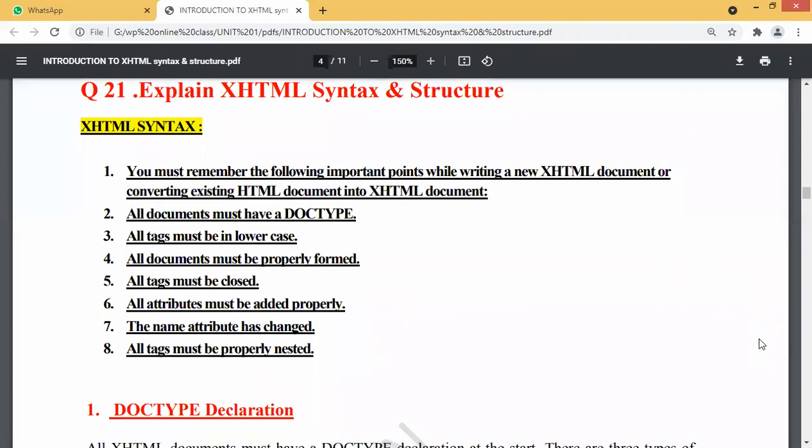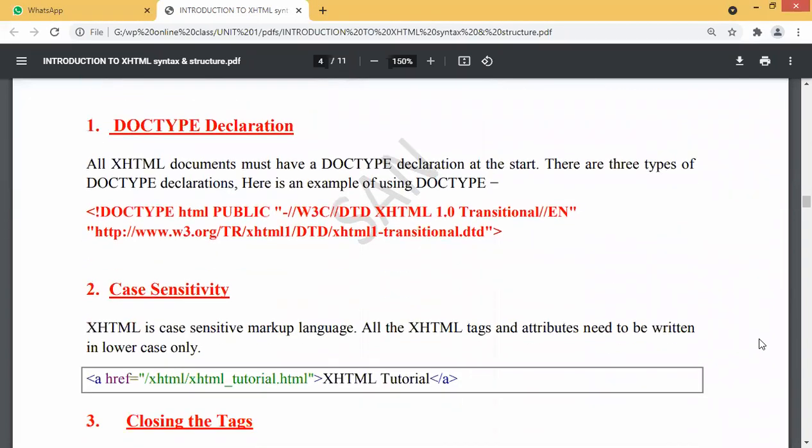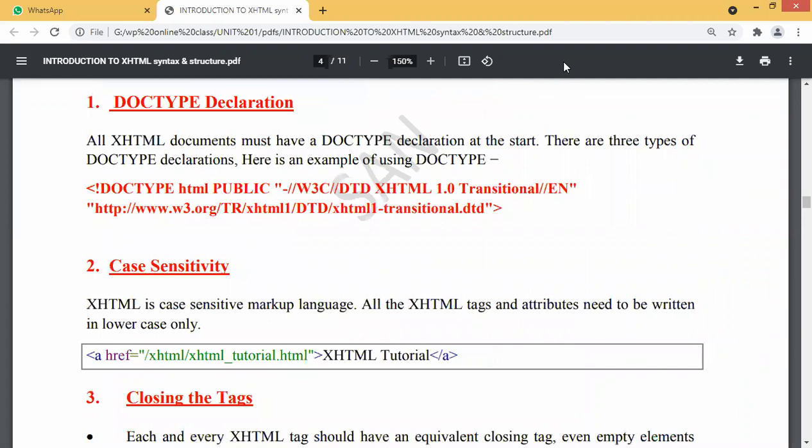So I will just start from the syntax. What is this first syntax rule? Document declaration. Every XHTML file should compulsorily have a document type declaration. In HTML, the document declaration we use is doctype html, which comes in version 5.